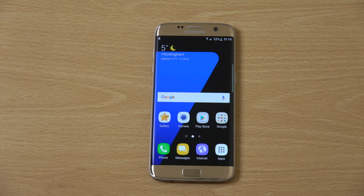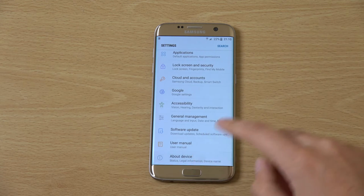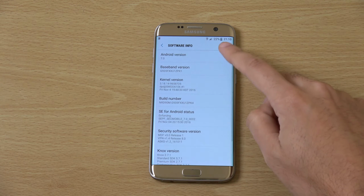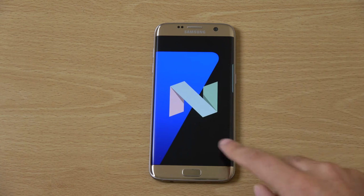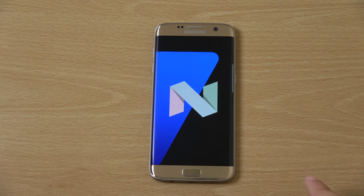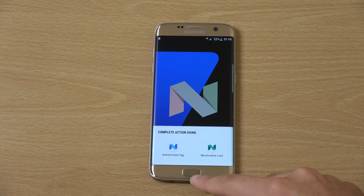And I gotta say, they've made some amazing improvements here to the software. So first of all, let's just show you the actual build number, etc. So you can see this is the official Nougat here, as you can see. Which is very nice. I've got to say, we have been waiting for this for quite a while, obviously